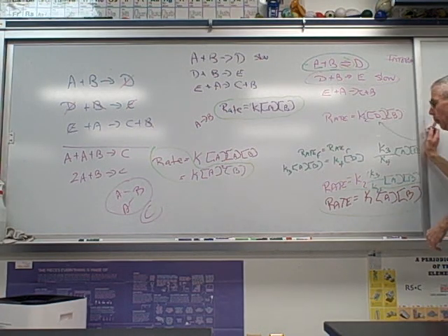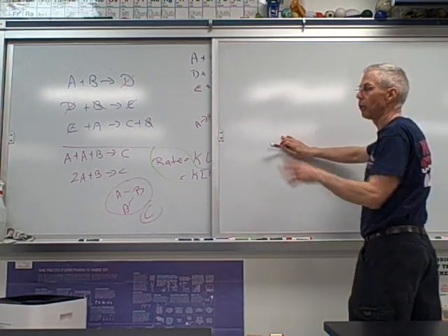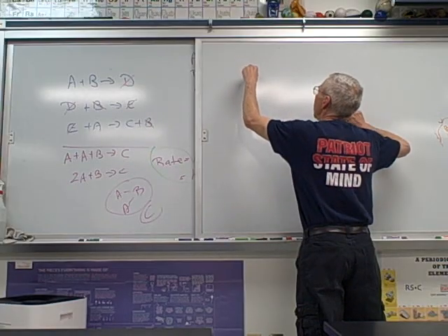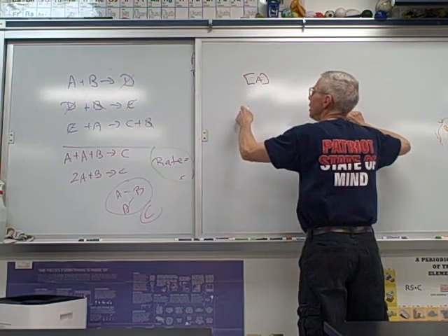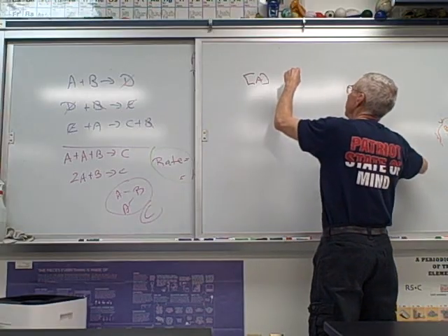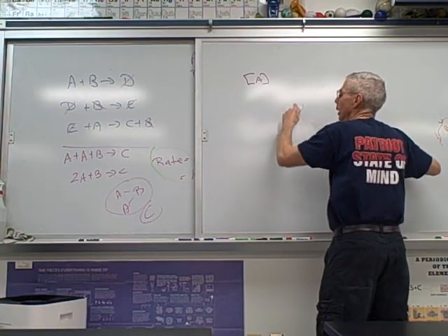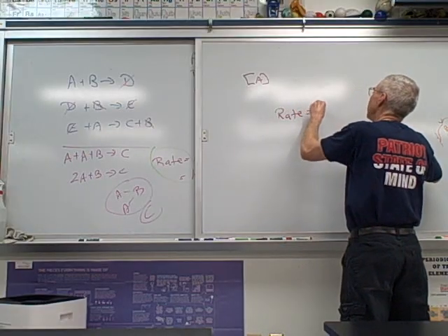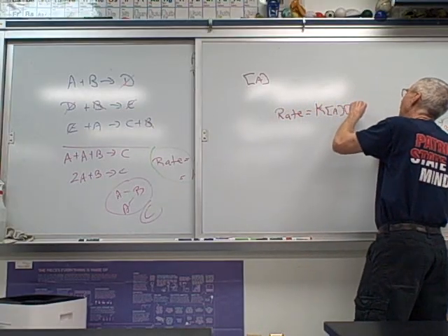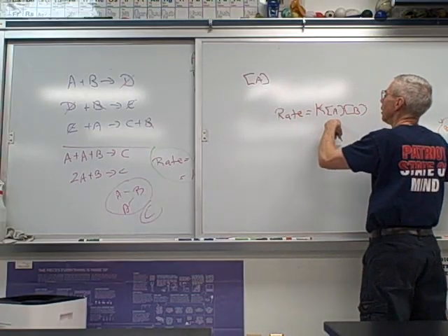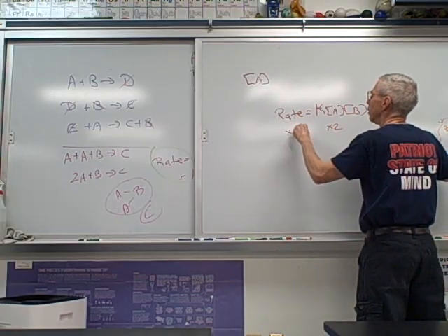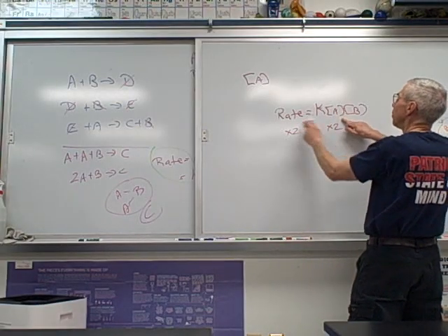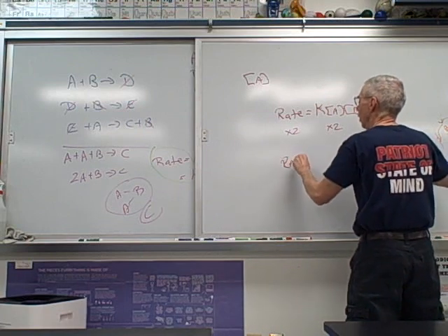Well, what we would do, and you'll see this in the next day or two, is we're going to have some concentration of A, and then we'll double it. All right? So if my rate law is just some k, don't forget your k, and I have some A, and then I double the A, and the rate doubles, well then it's first order in A. In other words, the two are directly proportional. On the other hand, if my rate